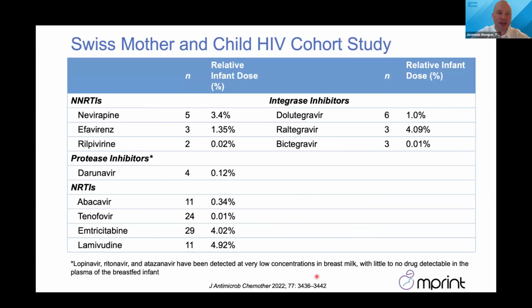This is one particular data set from Switzerland. So this is the Swiss mother and child HIV cohort study. And you can see that the relative infant dose for a variety of commonly used antiretroviral drugs across the board is less than 5%. Some are extremely low, like rilpivirine, for example, 0.02% and so forth. But I'd also point out here that the numbers of participants that contribute to these types of data are extremely small. So in some cases, we're making assumptions based upon 2 participants or 2 milk samples collected from 2 unique individuals. So that's a kind of a major liability in terms of our current understanding of where things are with